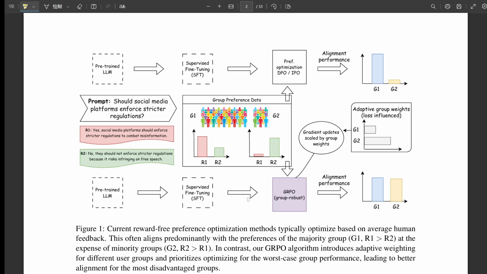Right. And that brings us to the final step, RL fine-tuning. This is where the LLM is actually trained to generate responses that get the highest reward from that reward model we just talked about. Right. But if that model's already biased, are we just making the problem worse? Potentially, yeah, you're amplifying the existing biases. Okay, so this is where GRPO comes in. Right. Group Robust Preference Optimization. Exactly. Now, instead of aiming for the best performance on average, it's going for the best worst case performance across different groups.